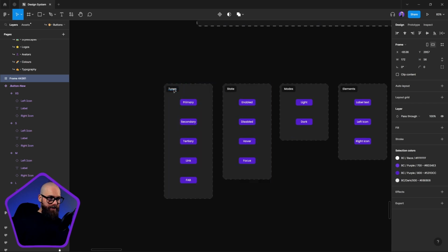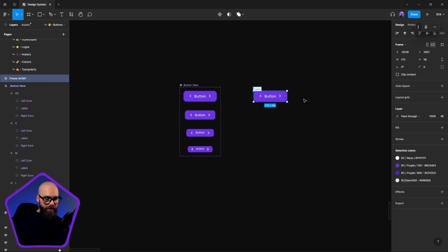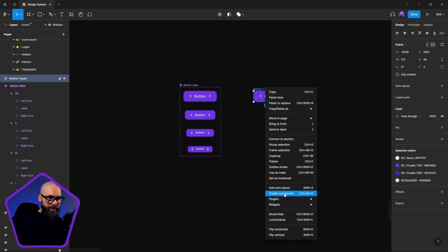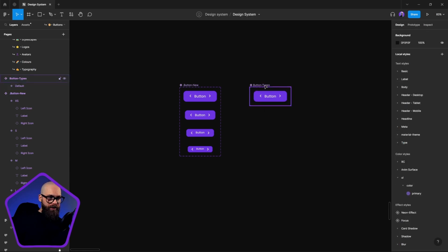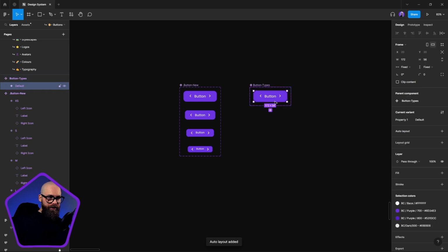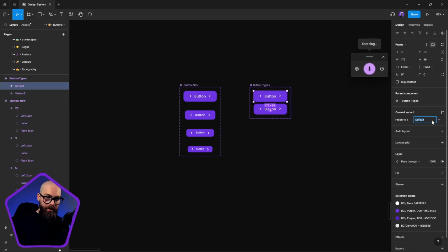So for example, types, not states. So this will be my button type, and I will create that as a component. Now that is a component, I can actually create other variations of this component. I will turn this into an auto layout, so when I add in another one, I can call it a different one. So I will first call this one my primary,